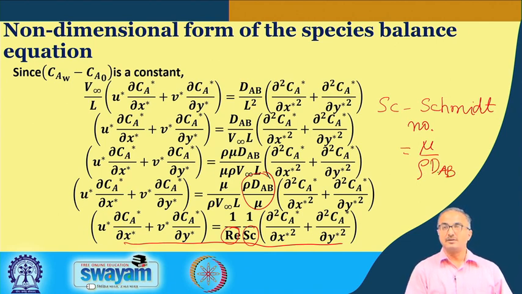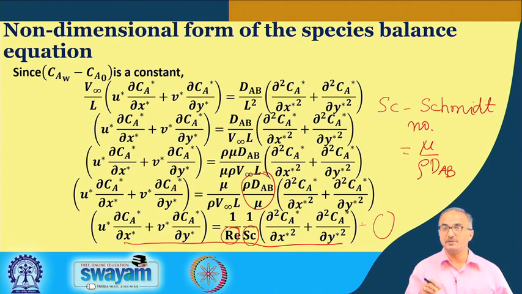This is the Schmidt number, and you can see that the Schmidt number is a property of the fluid, because viscosity, density and diffusivity are properties of the fluid. Now this is the equation we are going to solve, and please understand that if we have any kind of source term, it will get added over here, and you will also get some non-dimensional numbers involving the reaction rate constant along with the density and the diffusivity coefficients.